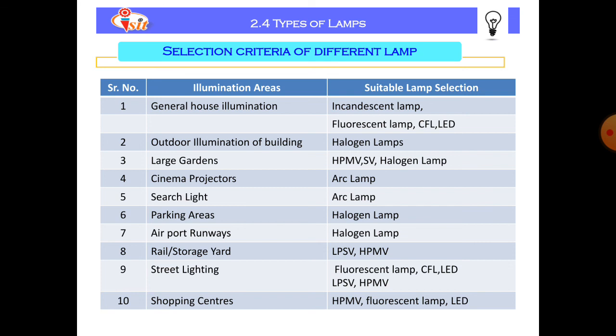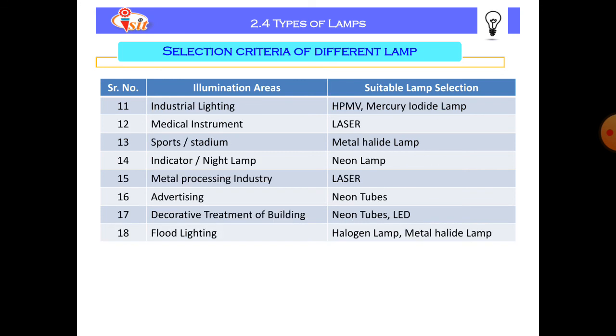But for commercial purposes the number of lamps used is more than in residential. The next area is industrial lighting. For that purpose we use high pressure mercury vapor lamp, mercury iodide lamp. Then for medical instruments laser is used. For sports or stadiums we select metal halide lamp. The next, as an indicator or night lamp, we use neon lamp.